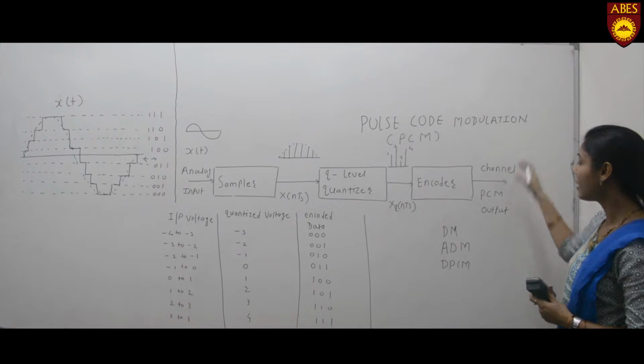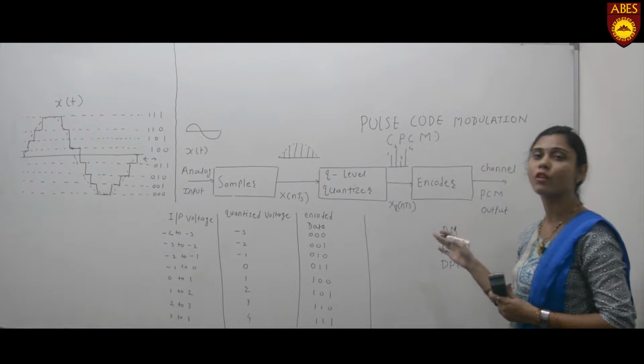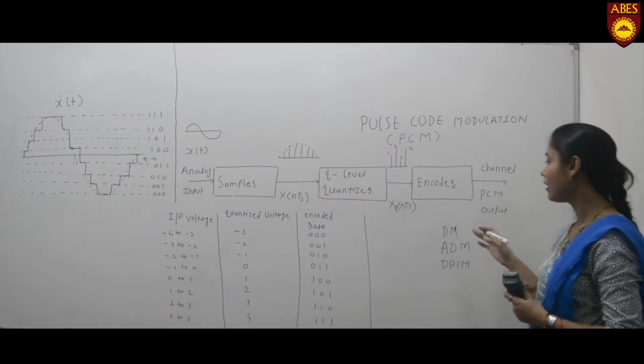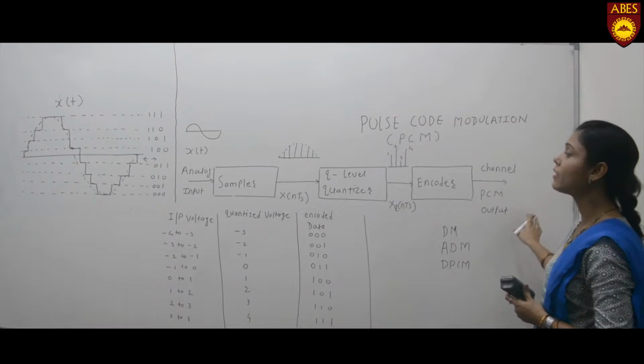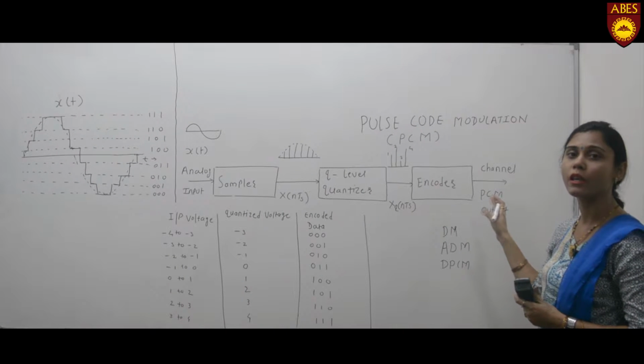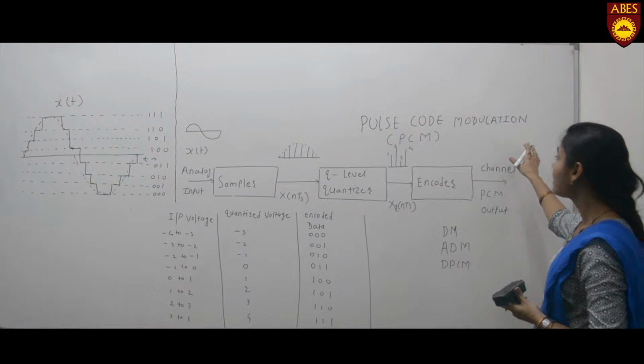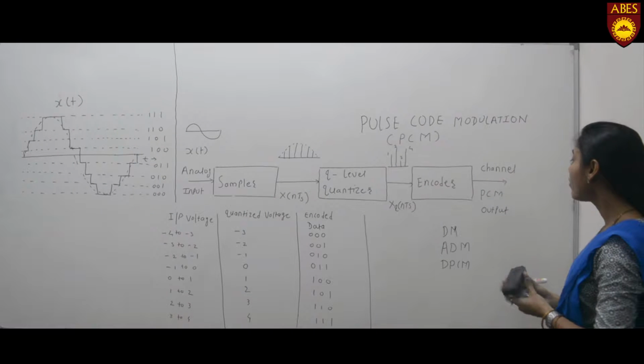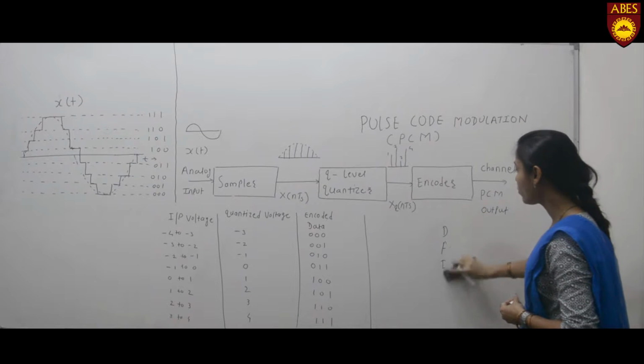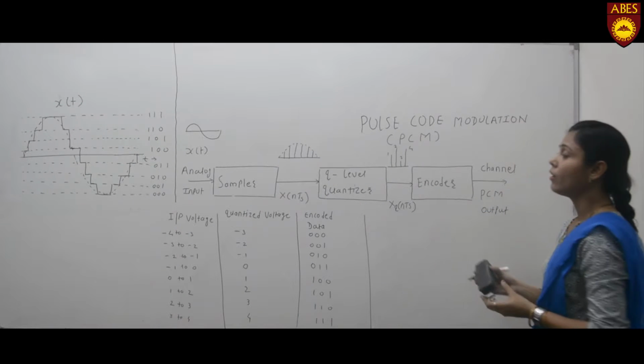So these are the techniques which are used to convert the analog signal into a digital one, and then that digital signal is going to be processed with the help of the digital system. Okay, so the PCM, pulse code modulation, is the first technique which is used to convert the signal from